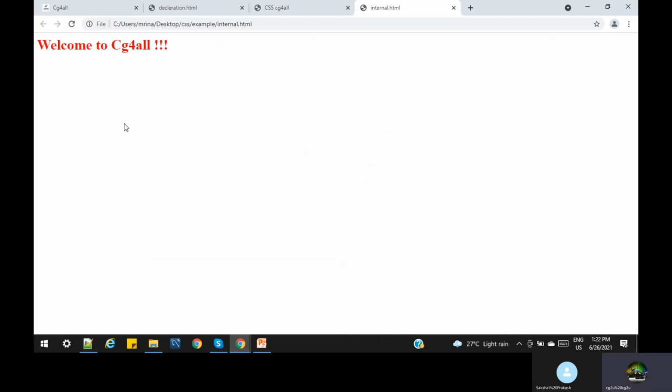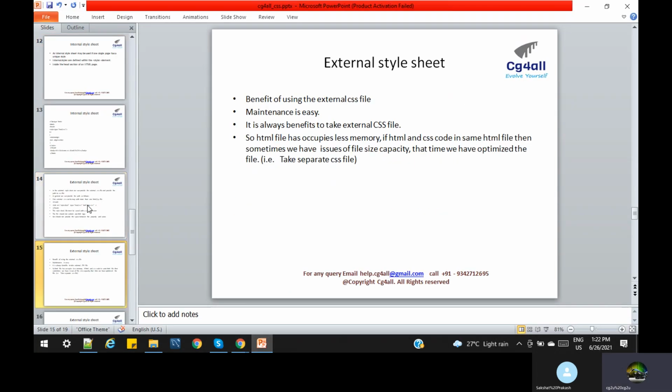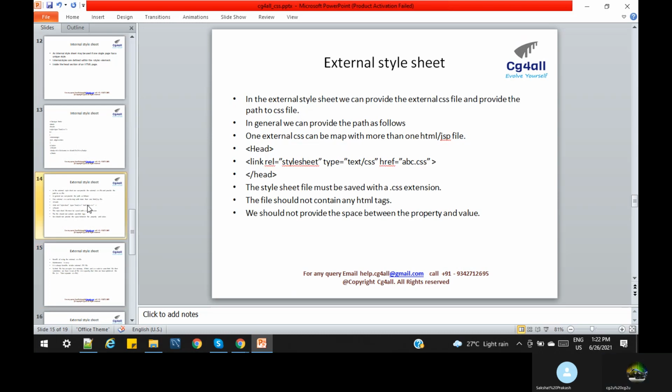You have to practice, then it should be clear. This is the basics of CSS. Now next is external CSS. External CSS is basically where we are not explicitly using any CSS code inside the HTML or AngularJS file. We are referring to the file from the HTML file.